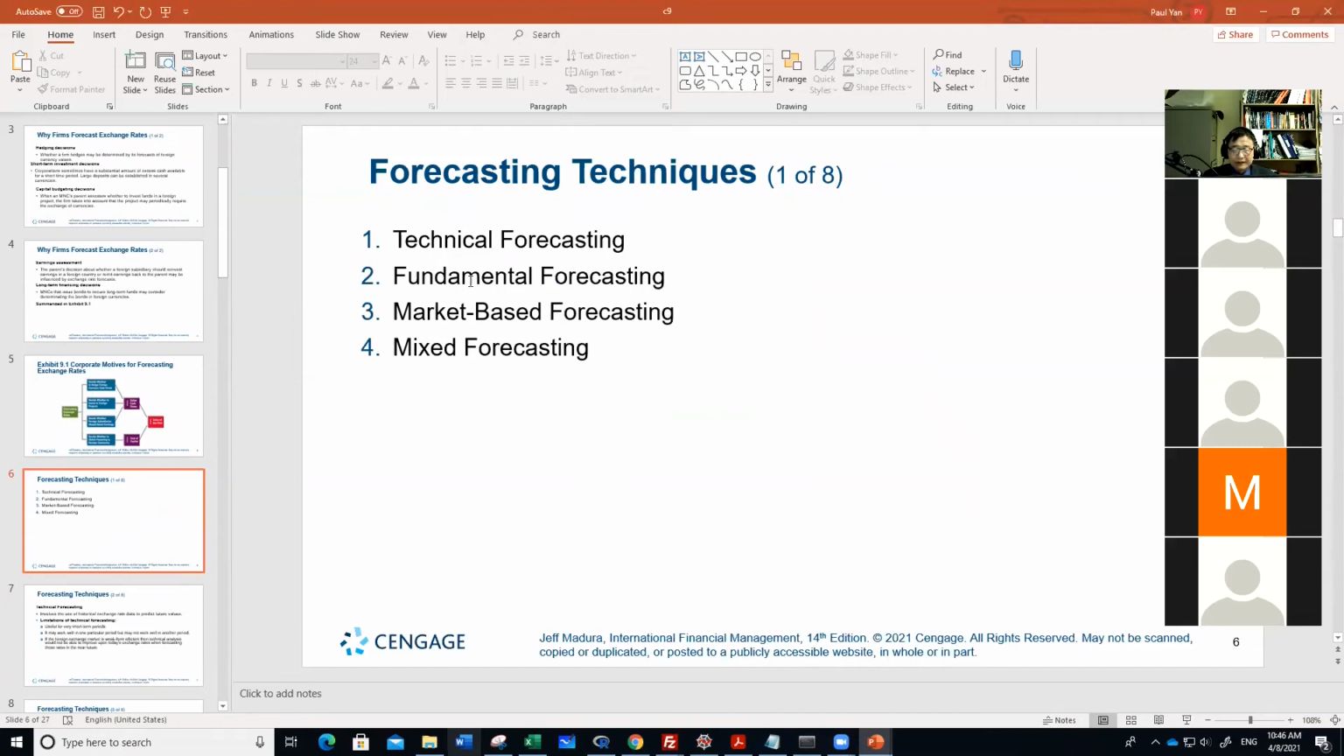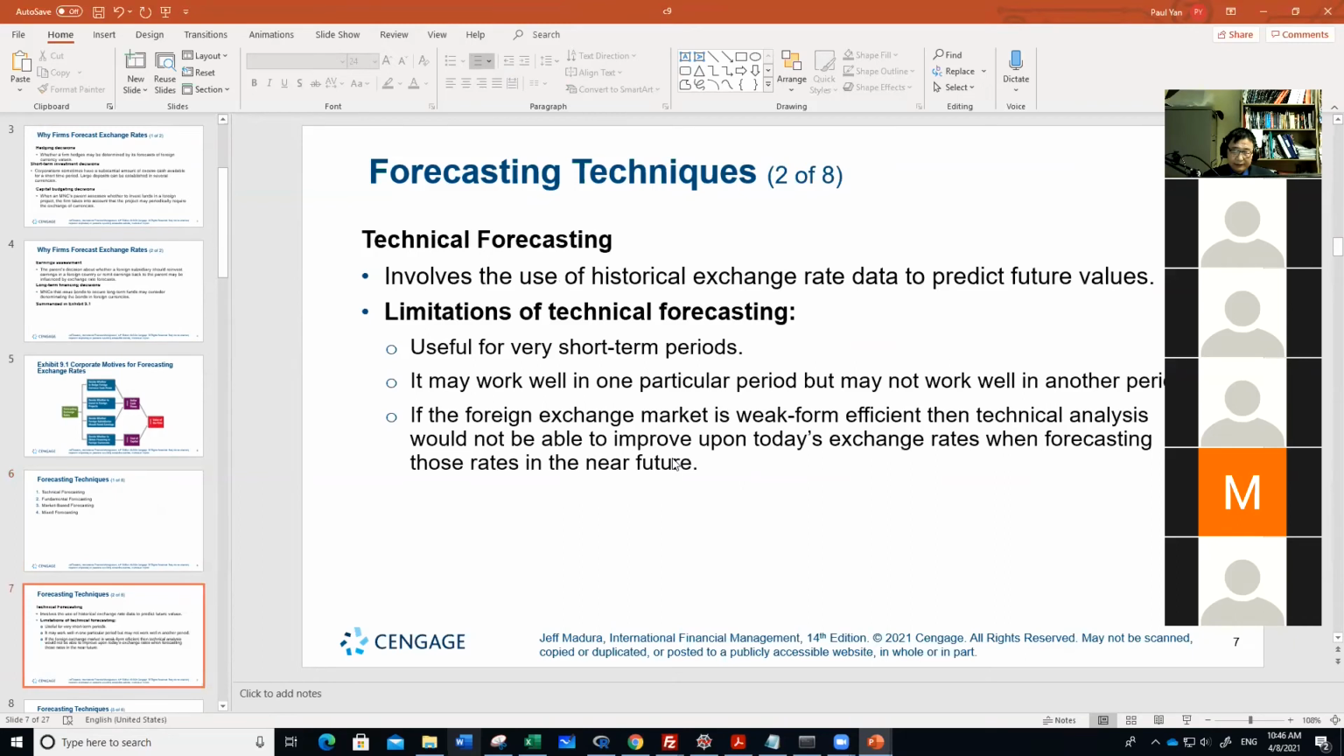Technical forecasting, fundamental forecasting, market-based forecasting, mixed forecasting. Okay, so this is a simple category. And when financial analysts analyze the performance of a firm, suppose is IBM good or Walmart or Tops? Top, I think, is a private company, right? Suppose Walmart versus